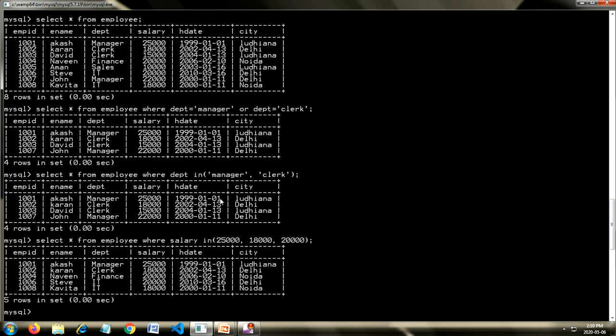So now you can see the records of those employees whose salary is 25,000, 18,000 or 20,000 will be in front of you. This is how you can use the IN operator.